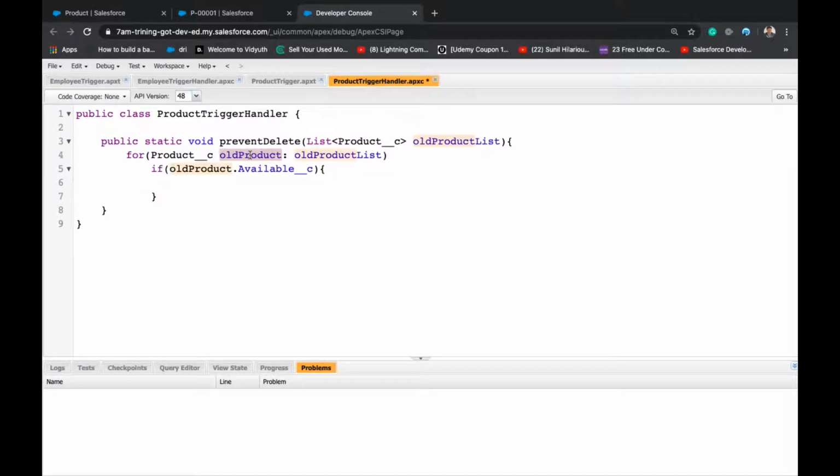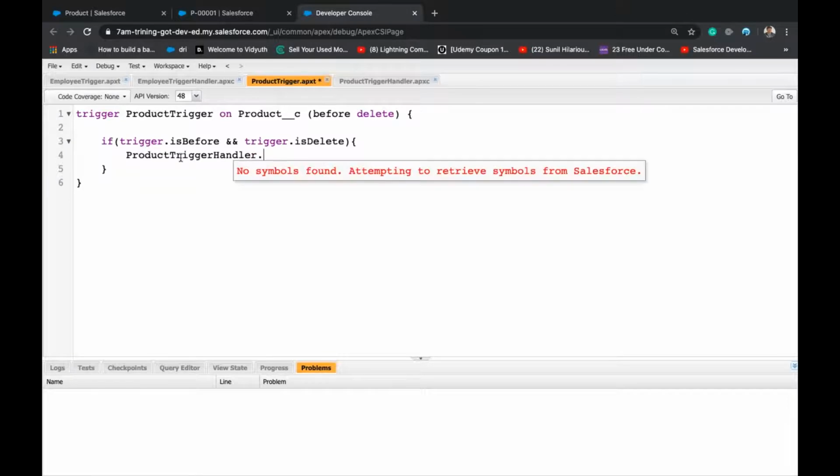Now it's simple. Old product.addError: you cannot delete an available product. You can give an exclamation mark or something, and we can call this inside this trigger.